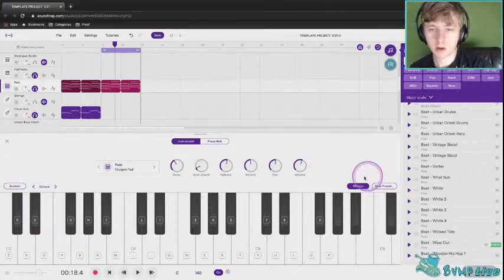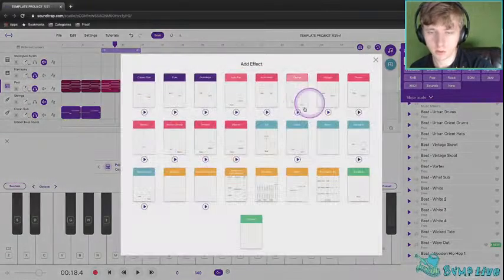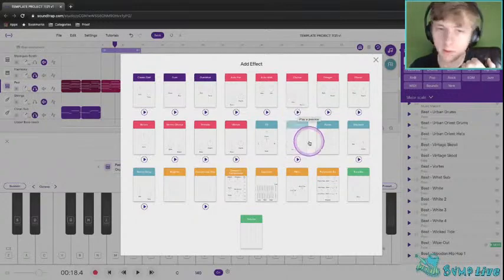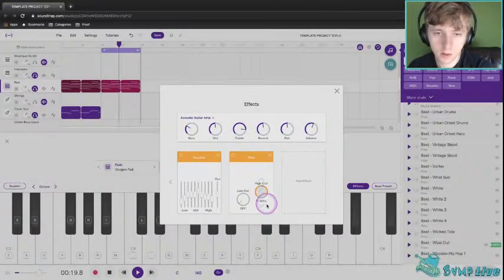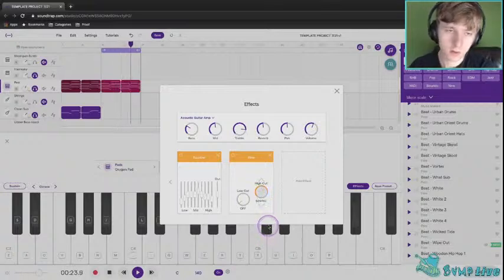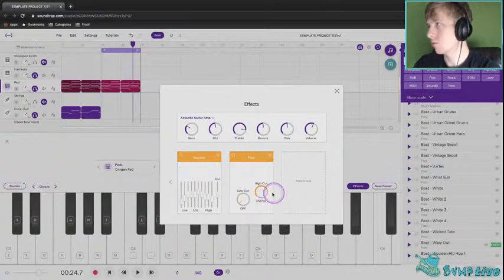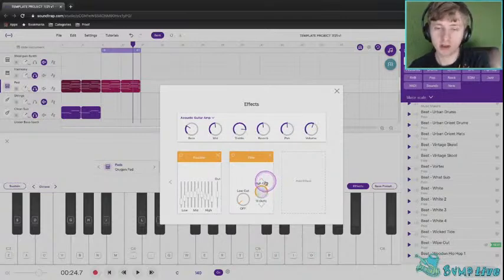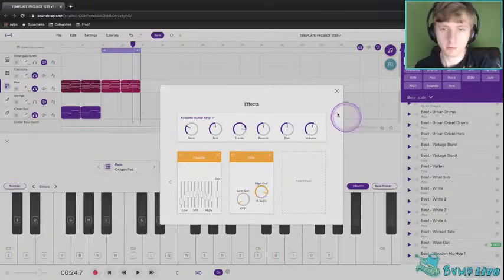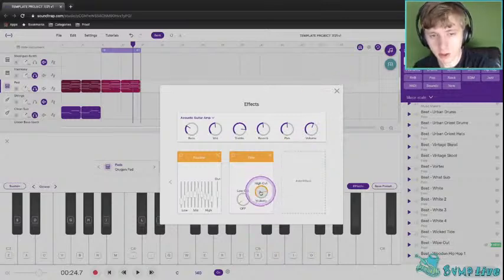Okay, this is great and all, but I don't want it to be so bright right off the bat, so I'm going to throw a filter on the end. What I would like to do is slowly bring this out. If I were doing some mock-up beat in Ableton or something like that, I would start to bring this filter out automatically. Of course, there's a limitation in Soundtrap for that, so what I'm going to do instead is just